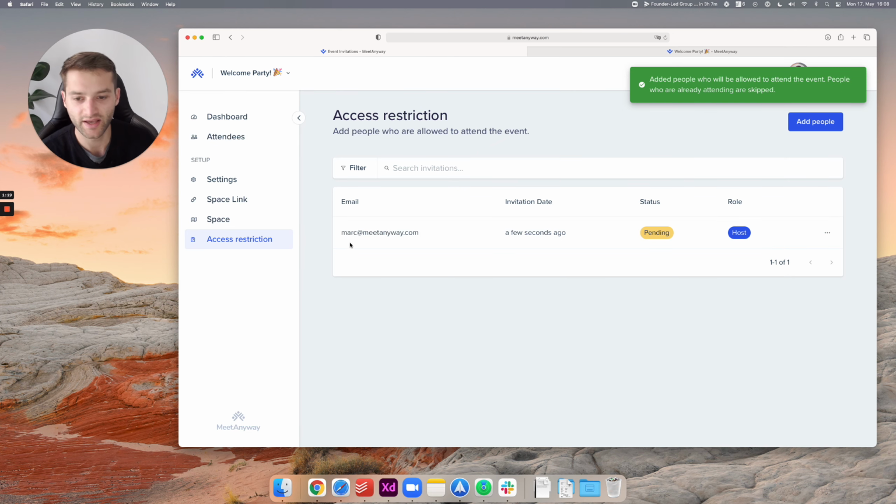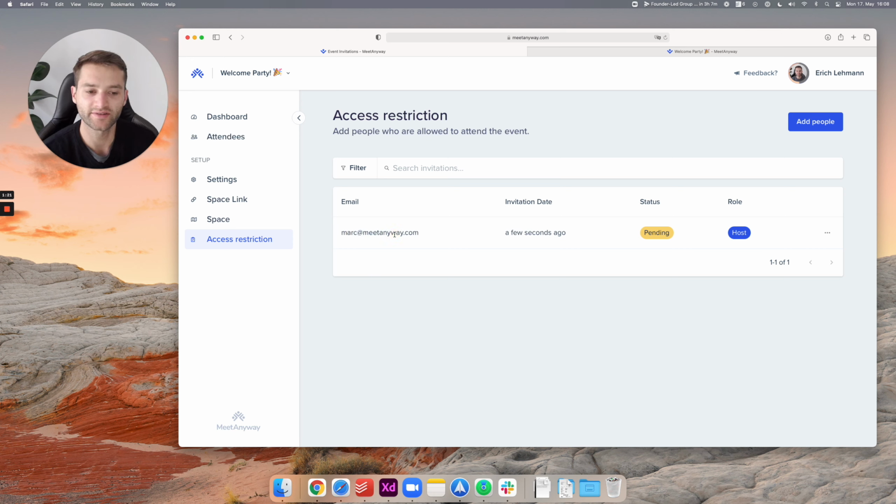And you will see as soon as he enters the event, the status will change from pending to accepted. Now, the status pending sometimes creates confusion. It doesn't mean that the invite is pending. The invite is active. Mark can enter the event. Nobody else can enter the event. Once he enters, the status will change from pending to accepted. And then you will not be able to manage Mark from here, but you will need to manage Mark from